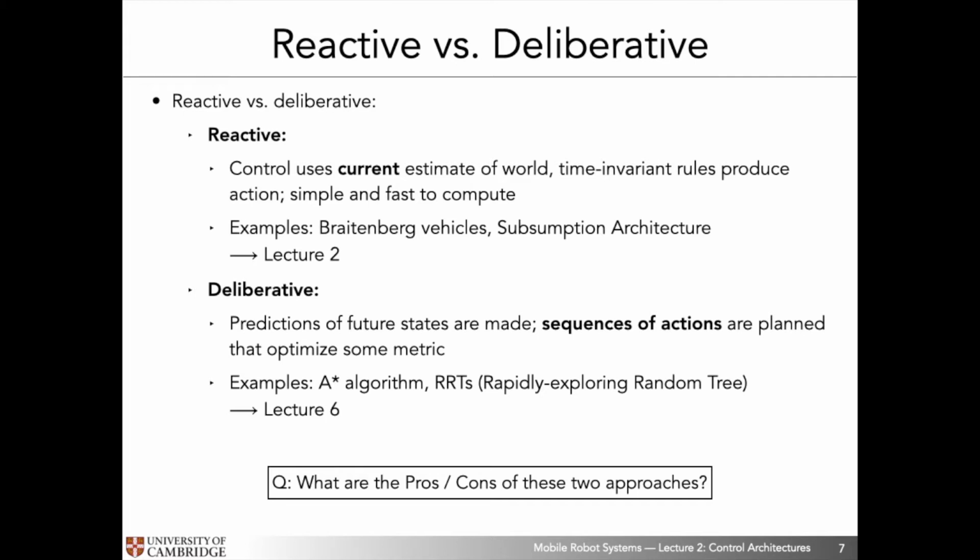For example, if we want the robot to plan a path from A to B, we simply could take a metric saying, I want you to take the shortest path, and then decide based upon some knowledge of what the environment looks like, decide where this path should lead me through, right? And we will talk a little bit more about these deliberative approaches and how they apply to robotics in lecture 6. And I do encourage you, invite you to think a little bit about what the pros and the cons